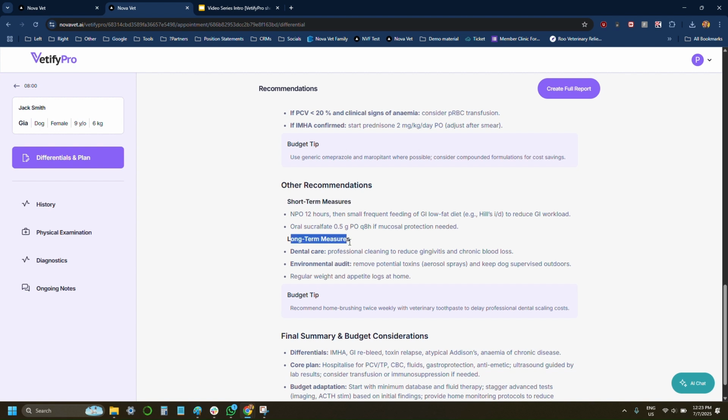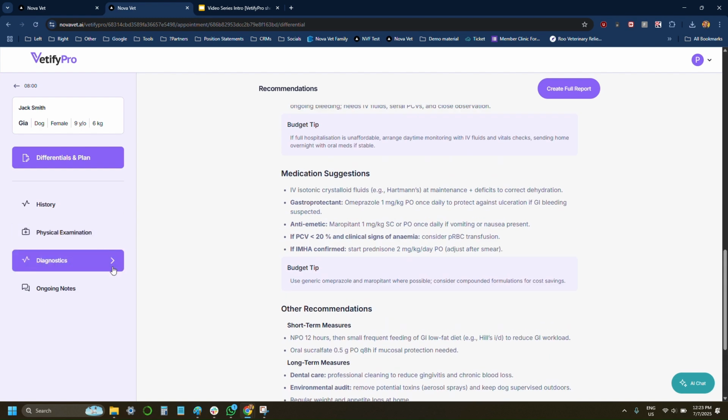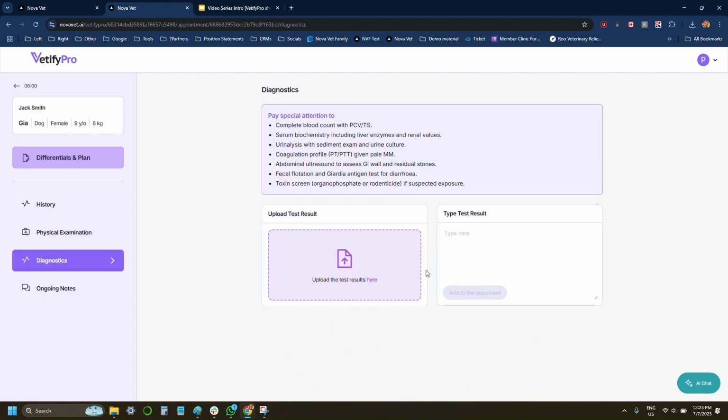Finally, other recommendations is sort of anything else that doesn't fall into those categories we just discussed. Broken down into short-term and long-term. And then a final summary. So let's give it some diagnostics. So we have our diagnostics